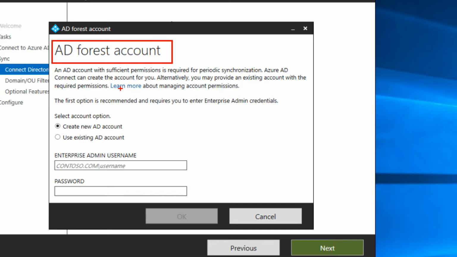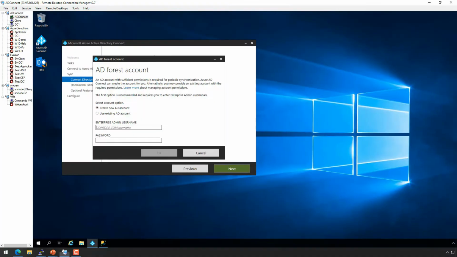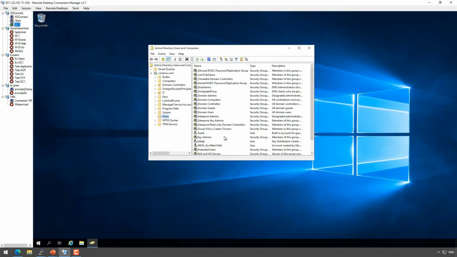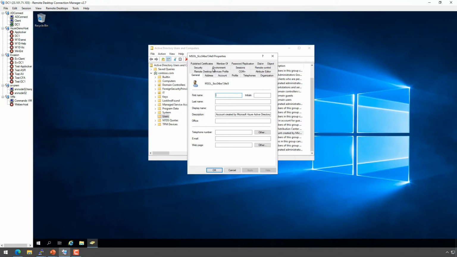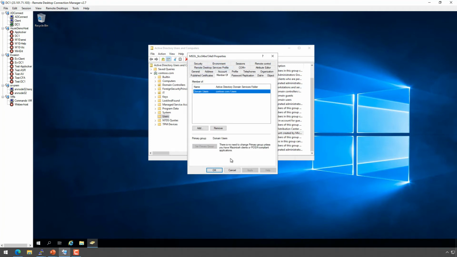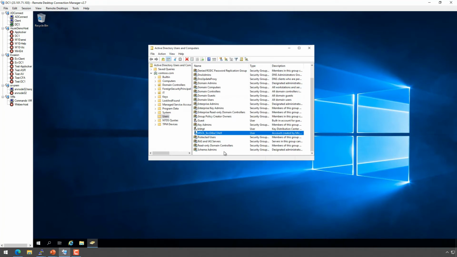During the AD Connect configuration, you must create this account, or you may also pre-create it, but the more secure and recommended option is the first one: create a new AD account, so AD Connect will create a new account for you. Let's take a look at this account. If I go back to my DC, in the folder called Users, I may find this account. It's called MSOL_ and something. If I look at the account itself, it should be just a regular user, and it looks like there's no problem, just a low priv account. And yeah, it is, but